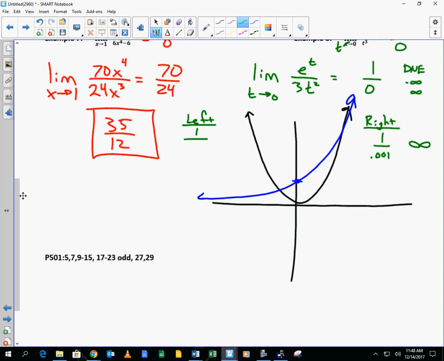No, no, no. The x values are coming from the negative, but are the outputs positive or negative? They are positive. So you're going to get some of those same very small values, correct? Is it the same from the left as it is from the right? So the limit is,